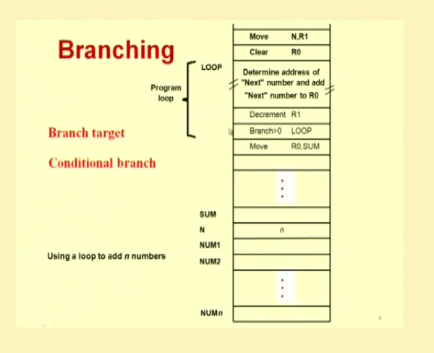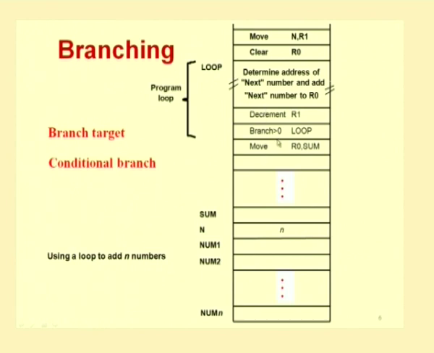So, typically I will have a program loop here, and in order to control this loop I will have a branch instruction over here. What is the purpose of this branch instruction? To check whether you have completed the loop, and that is done by keeping a count of the number of elements to be added in this register R1, and then I keep decrementing R1, and when R1 goes to 0 I will come out of the loop. So, I have a statement here which says branch greater than 0. This basically means that if the result of the operation I just did is a value which is greater than 0, then I will branch back to loop and keep doing this, otherwise I will come